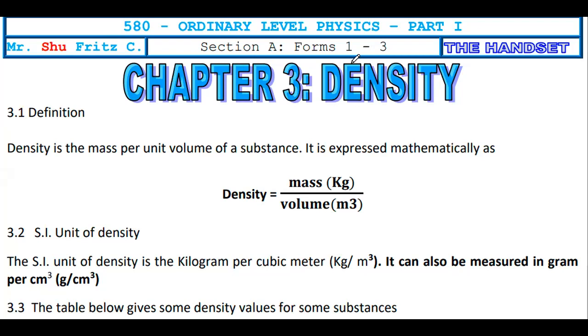So we are back to chapter 3 of our physics lesson, revision for GCE ordinary level. In this chapter, we are looking at density. We are looking at chapter 3, which is on density. And these notes are the notes of Mr. Fritz, which we are using for this particular